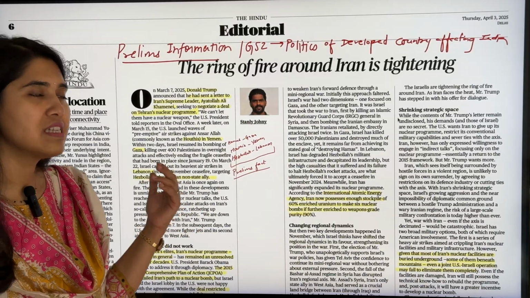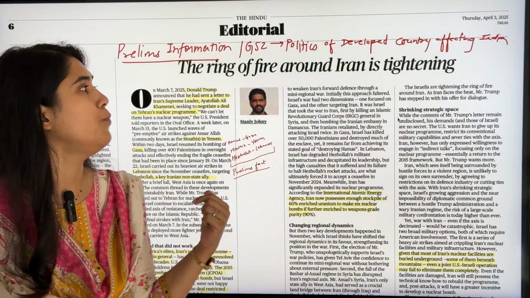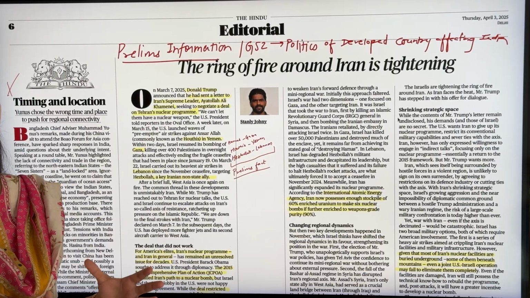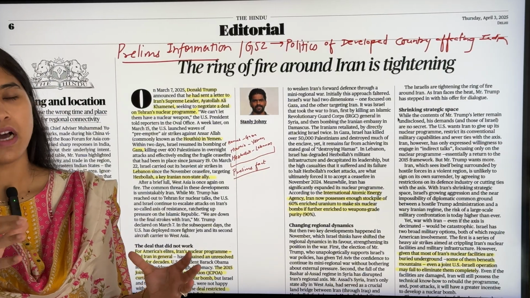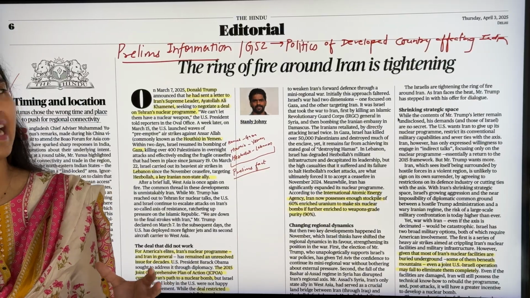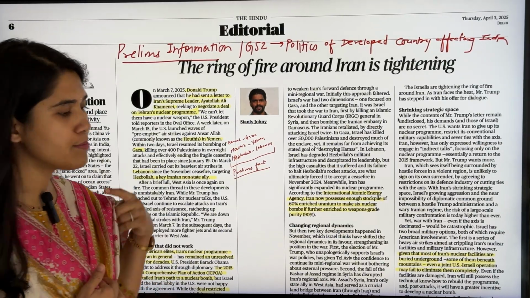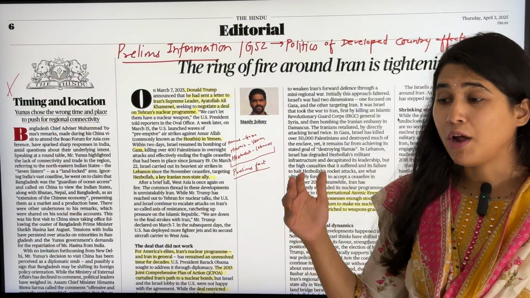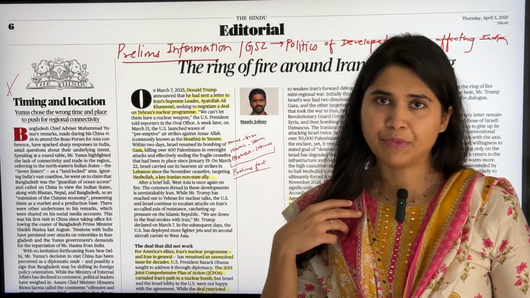Yeah, again I have taken this article more from a prelims point of view. The ring of fire around Iran is tightening. So this article is talking more about the US and Israel's fight with Iran and its related organizations, right? So this comes under prelims. I have taken this under prelims information and also GS paper 2, where the politics of a developed country can indirectly affect